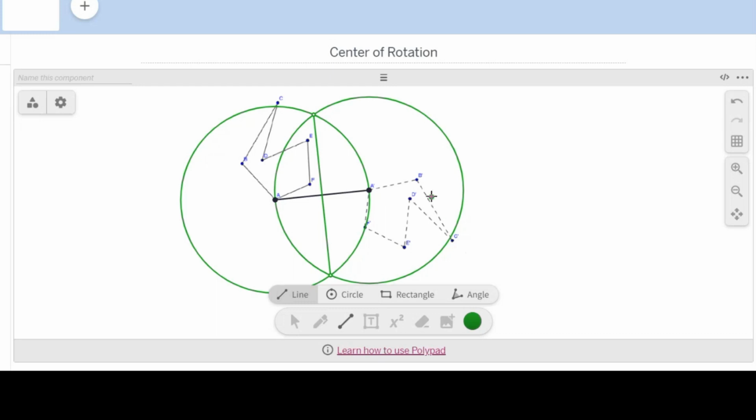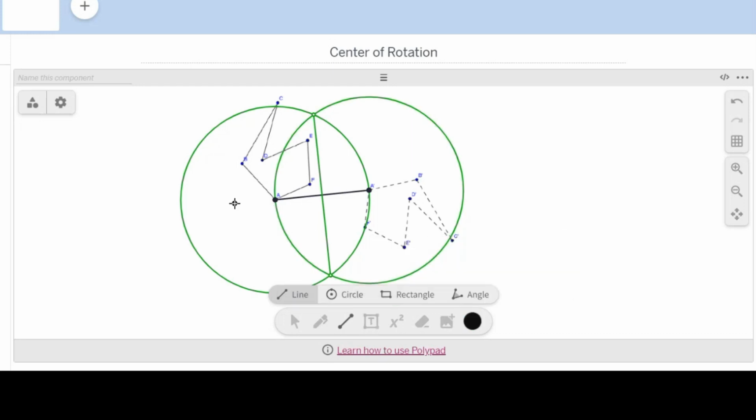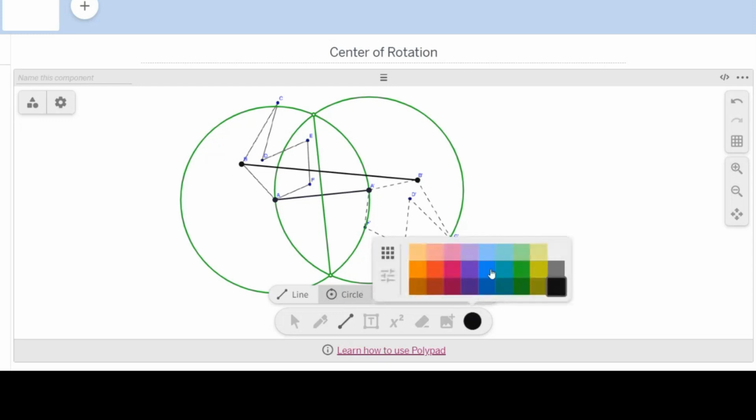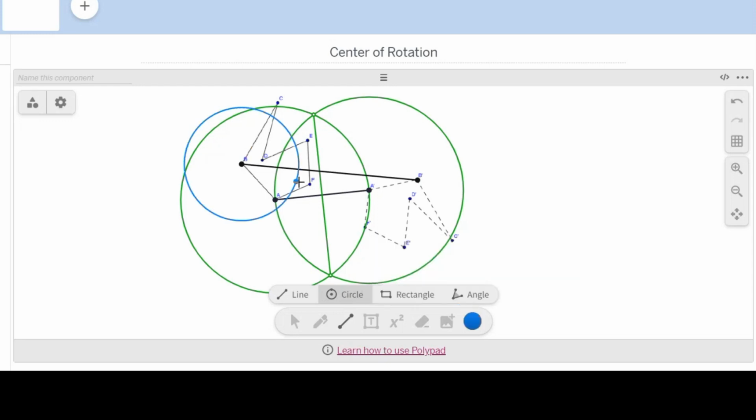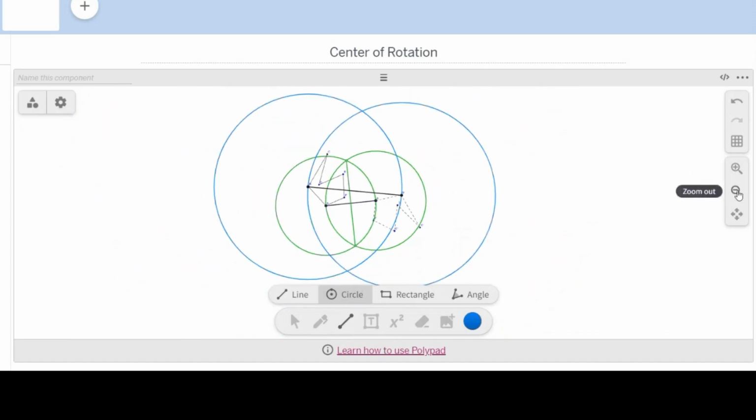I'm going to use B as my next set of points. So again, I'm going to draw a line that connects B and B prime. And then again, I'm going to make a perpendicular bisector for that line. You see these circles are much bigger than those green ones. I'm going to zoom out so that I can see them. All right, and then again, I'm going to just draw the perpendicular bisector in by connecting one intersection to the bottom